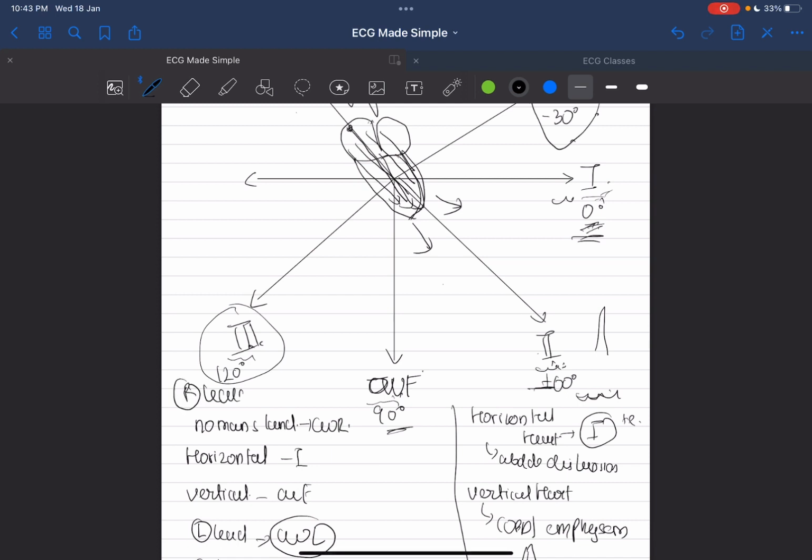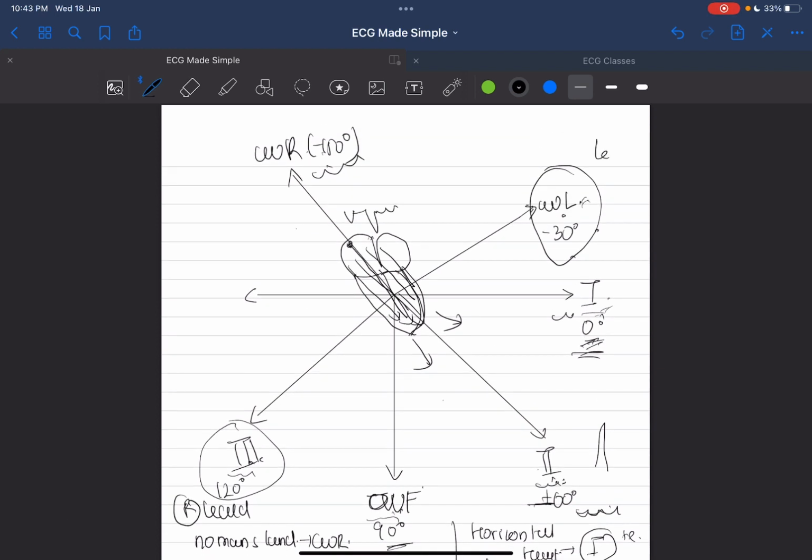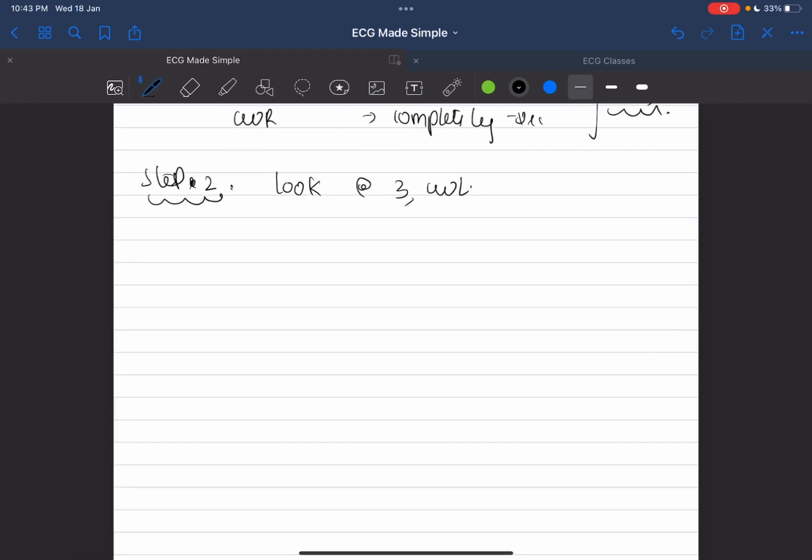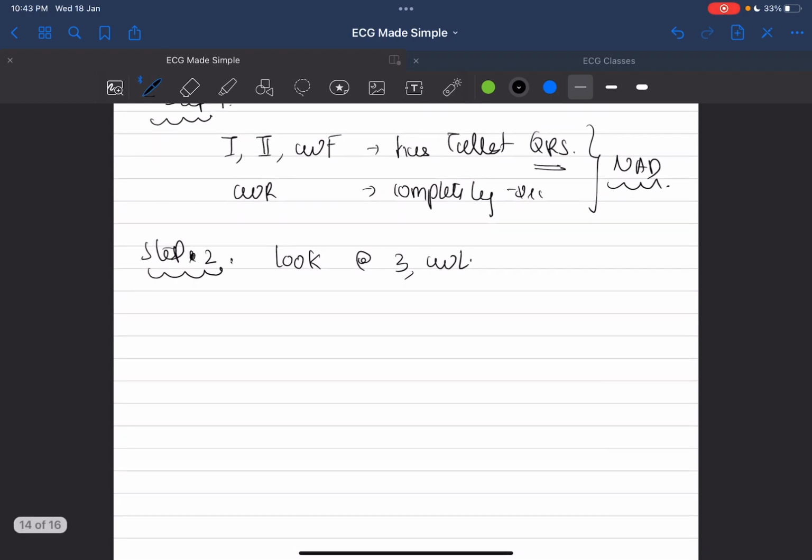Lead 3 is the right lead and AVL is the left lead. This is very important. Now look at lead 3 and lead AVL. Step 3: if lead 3